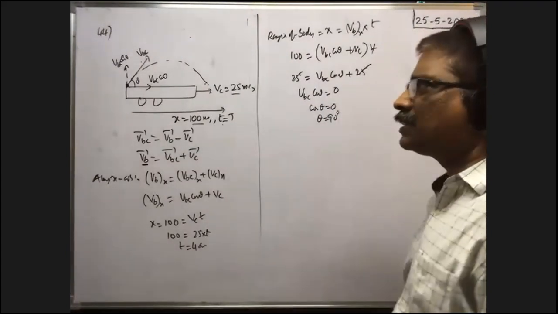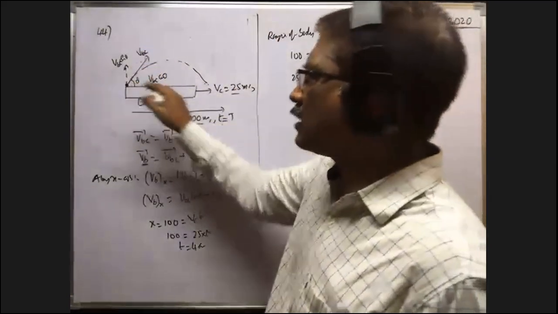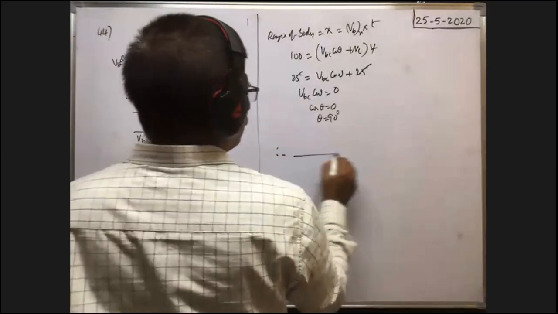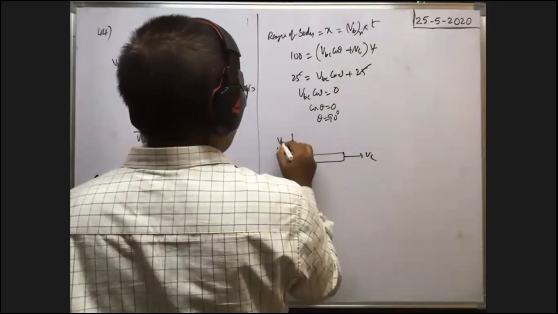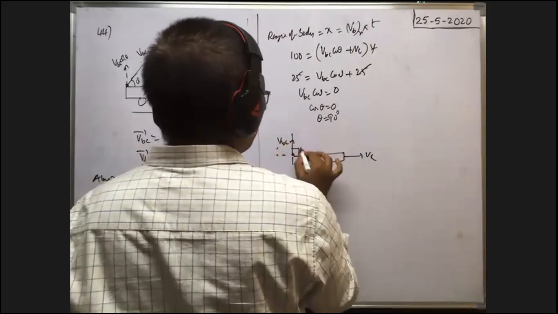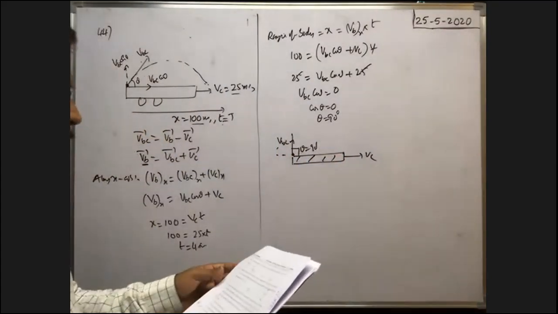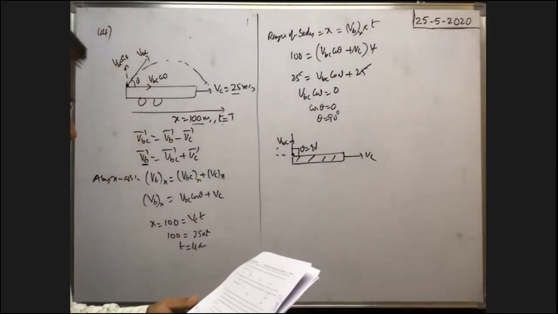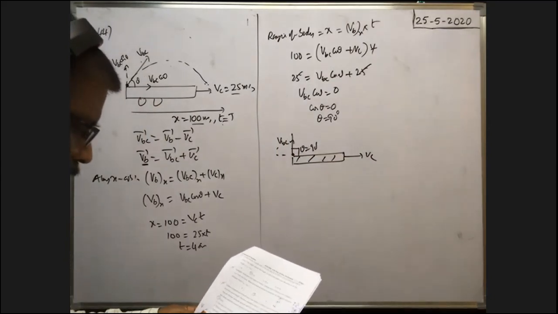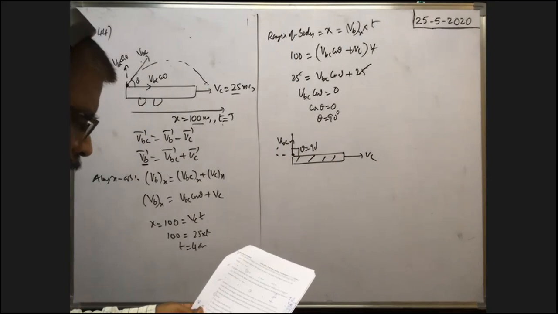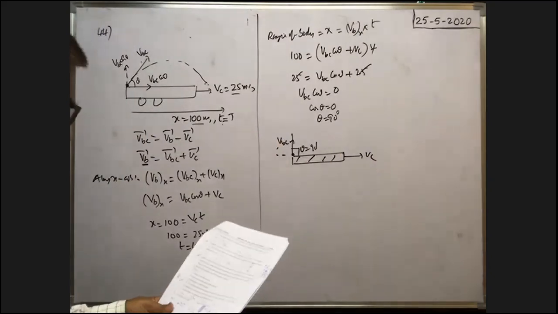That means the body is projected vertically upwards with respect to car. So whenever the car travels in this direction, the body is projected with a velocity VBC in the vertically upward direction, as theta is equal to 90. This is the given. Now the speed of the projection is what they asked.